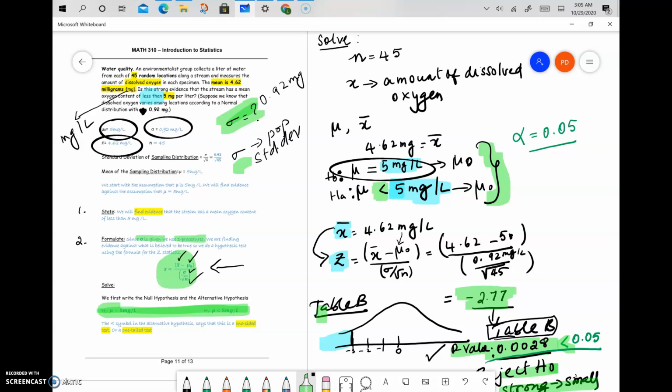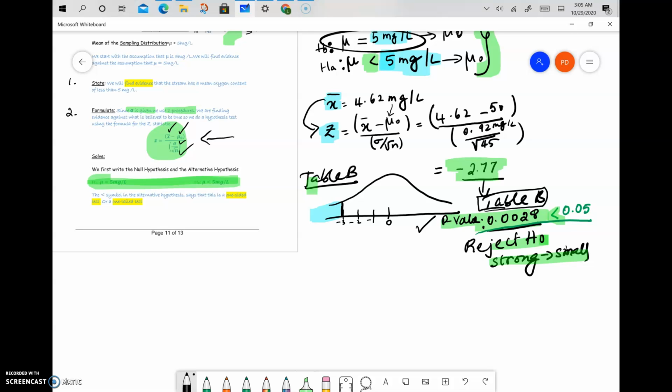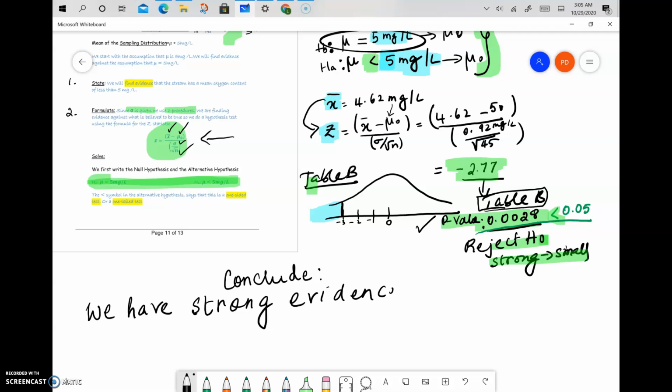Now, finally, we have to make a conclusion. And this is where the statement has to be written very carefully. So the conclude part. Remember, we said we will find evidence. So now you're going to say, we have strong evidence. I say strong because the p-value is very, very small. We have strong evidence. And then in parentheses, we say p-value. This is our evidence, so we need to present it. P-value equals 0.0028. We have strong evidence to prove that